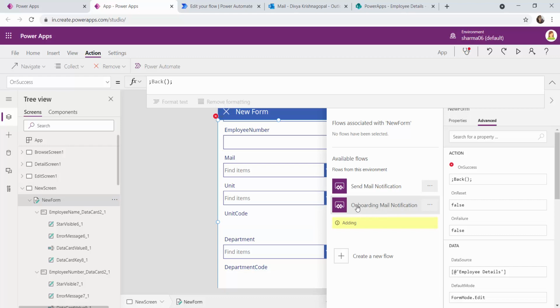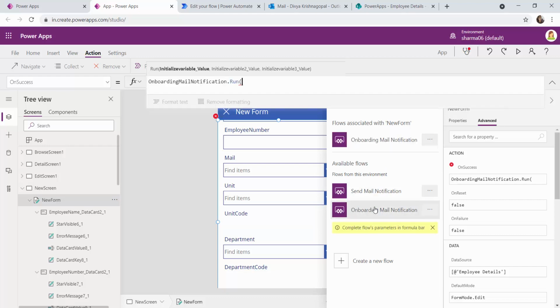Once you select this flow, there are two operations that will happen. The selected flow will come under this section, and the corresponding command is also popped into your onSuccess formula tray, which is onboarding mail notification, which is nothing but our flow name without any spaces, dot run. This is very important.